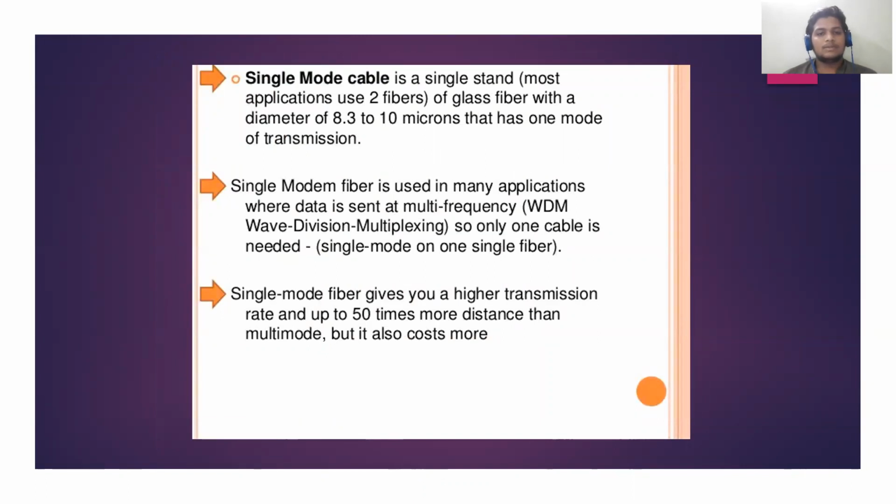Most applications use two fibers of a glass fiber with a diameter of 8.3 to 10 microns that have one mode of transmission. Single mode fiber is used in many applications where data is sent at multi-frequency, that is wave division multiplexing, so only one cable is needed. Single mode on one single fiber. Single mode fiber gives you a higher transmission rate and up to 50 times more distance than multi-mode,